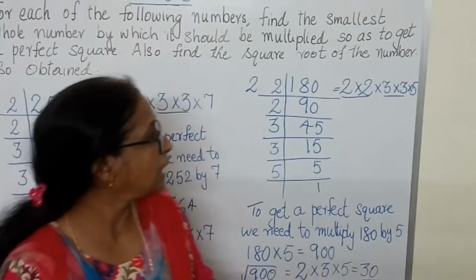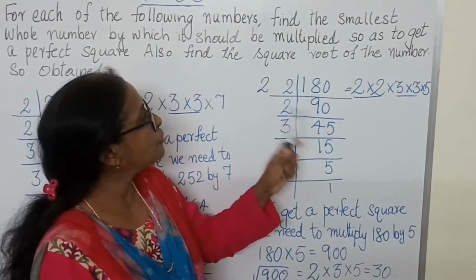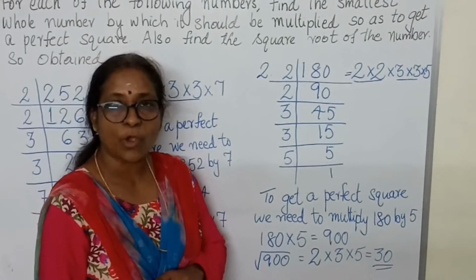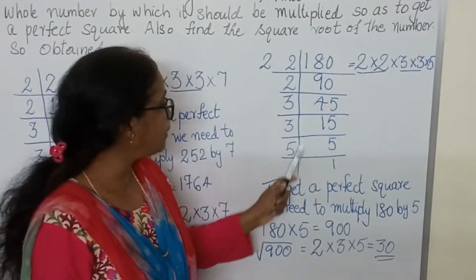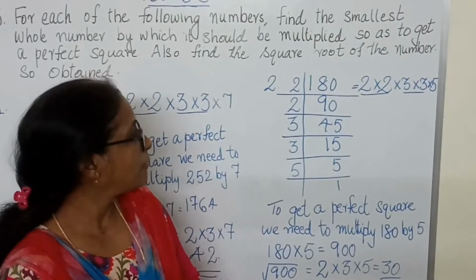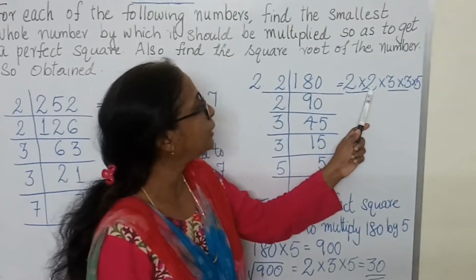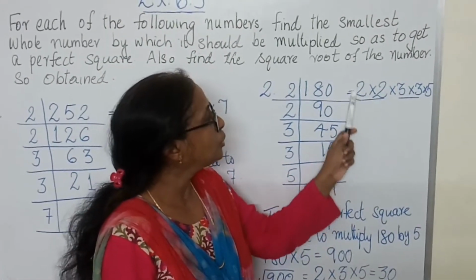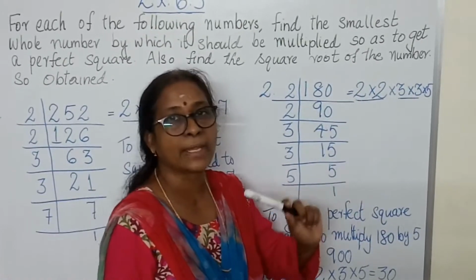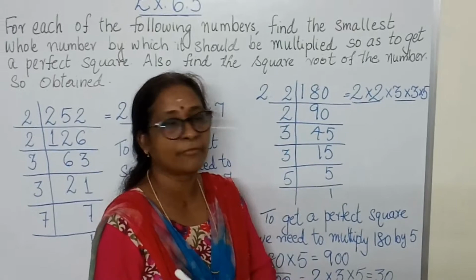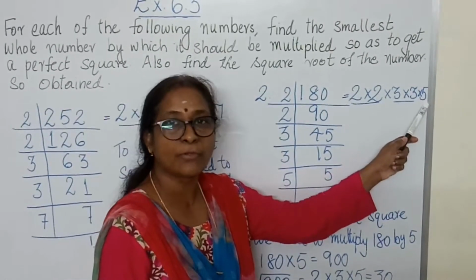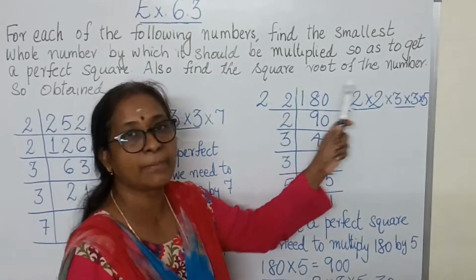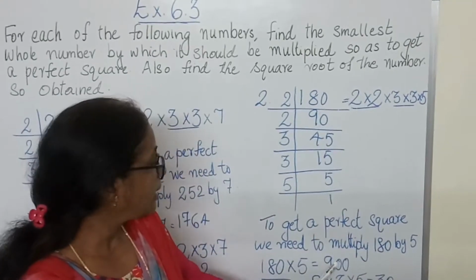Now, the second question of the same type. Here it is, how to make 180 a perfect square by multiplying by the smallest number. So again here we made 180 into its prime factors. So we get 2 multiplied by 2 multiplied by 3 multiplied by 3 multiplied by 5. Again you see here 2's are in pairs, 3's are in pairs. But 5 is a single factor. So to make it a pair, what we have to do? Multiply by 5. So when we multiply this whole number, that is 180, by 5, we get 900, which will